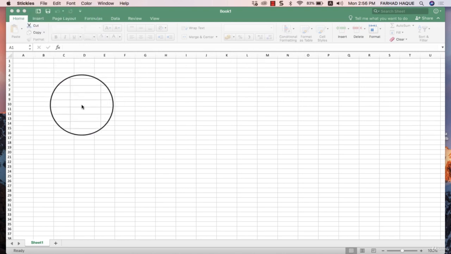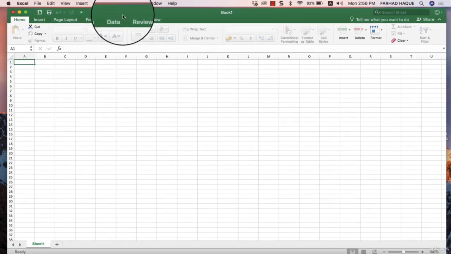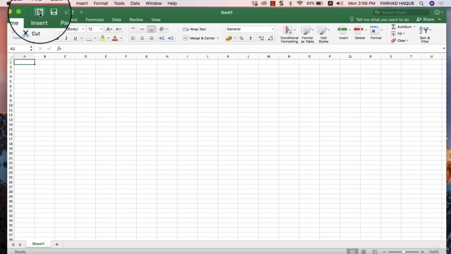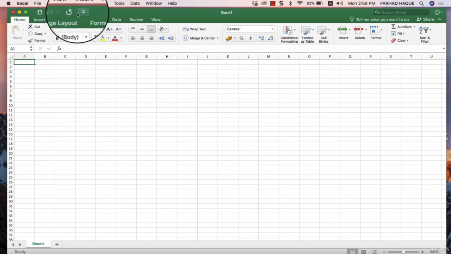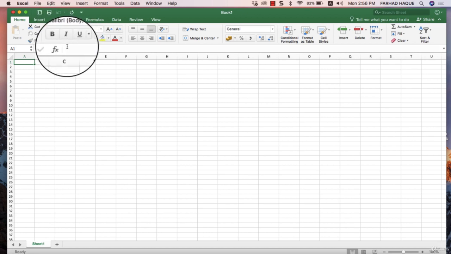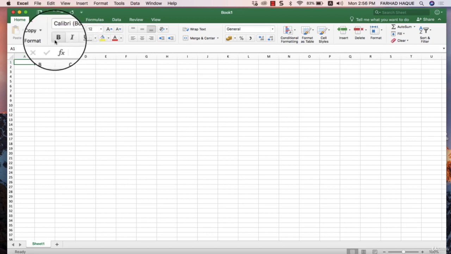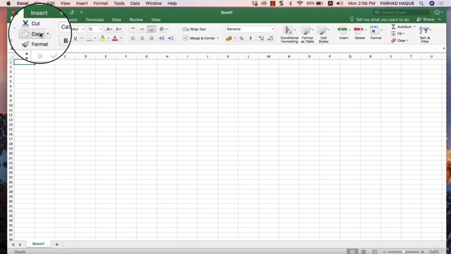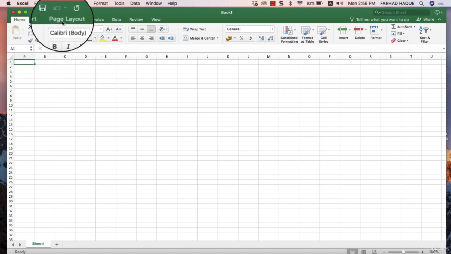In this chapter, we'll look at the quick access toolbar. In the upper right corner, you can see these sorts of icons. These are the quick access toolbar. If you want to use some icons every time, without needing to go there every time,